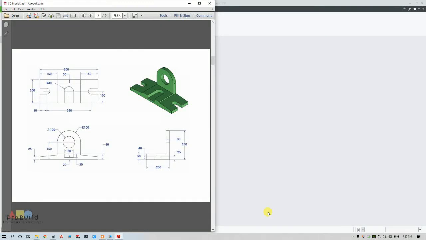In today's video, we will be seeing how to model this 3D part. And just before entering into 3D, we shall go for drawing study. So first of all, the basic necessity of creating a 3D model is to study the drawing in the right manner. In this case, for this object, I need to start with this shape. So obviously I need to choose the front view as my first reference.